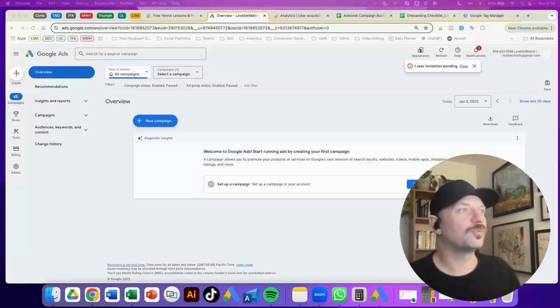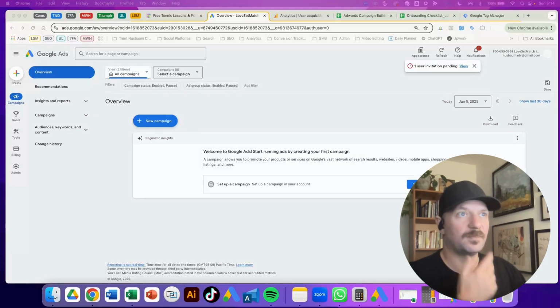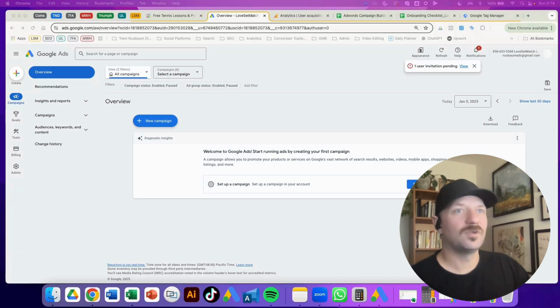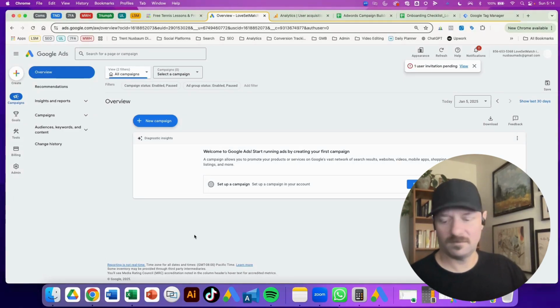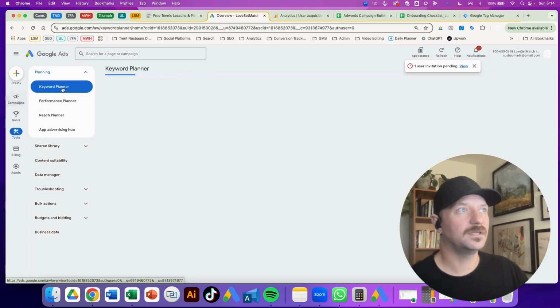Okay, I'm going to go through my process for keyword research. This is the basis for all of my search campaigns. The keywords that I discover and group into themes will then become my ad groups and the base of my search campaign. So first off, we will go into the Google Ads account and then go into Tools and Keyword